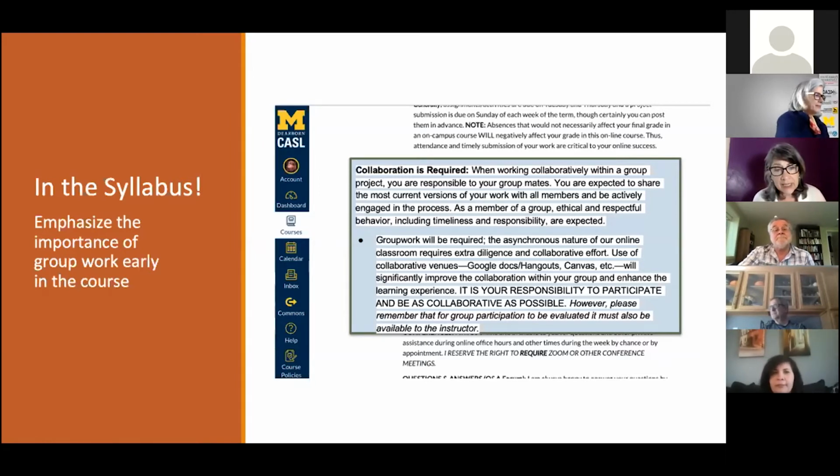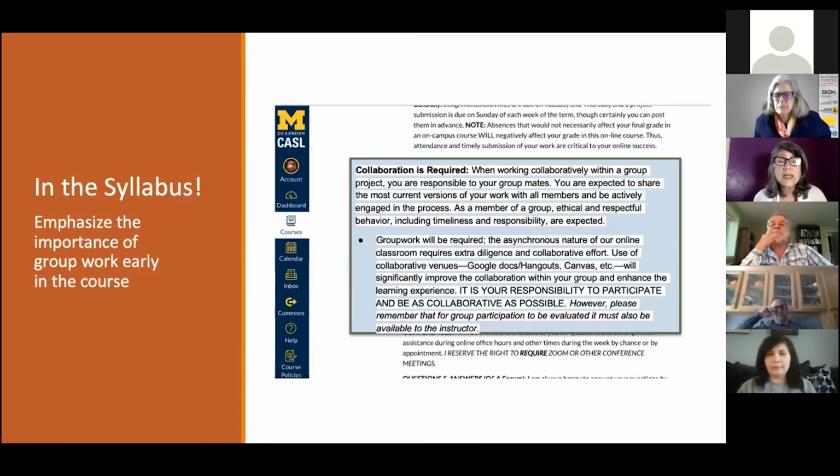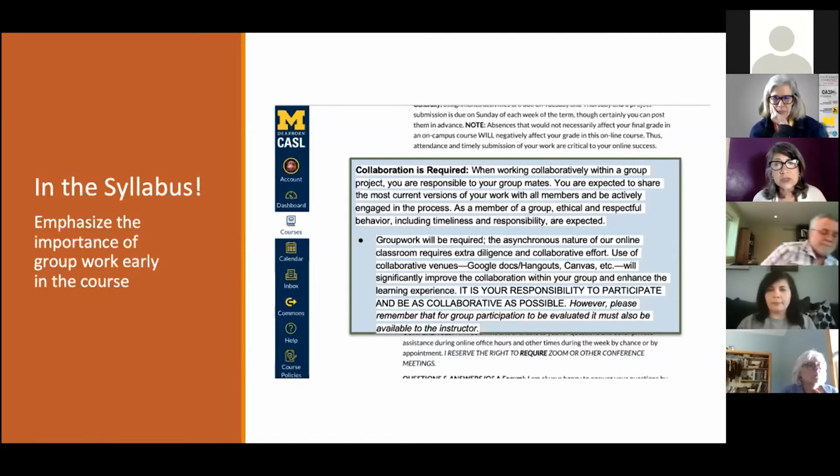In my case, it is one of the course objectives that they learn to work in project teams, because my students typically are engineering students, professional writing students, engineering or business. That means that when they are done with their school work, they will go into a workplace that requires collaborative writing. And we know from a number of studies from the AAUP and other organizations that most employers say that the students don't know how to write. So one of the major learning objectives for all my courses is group work.